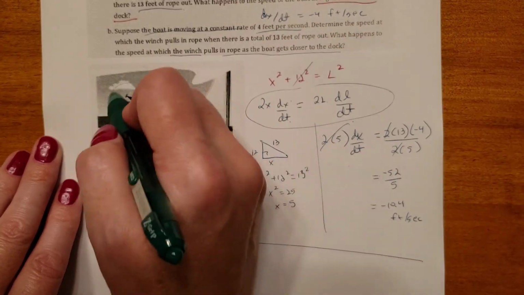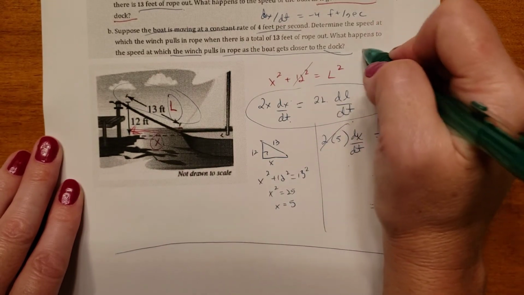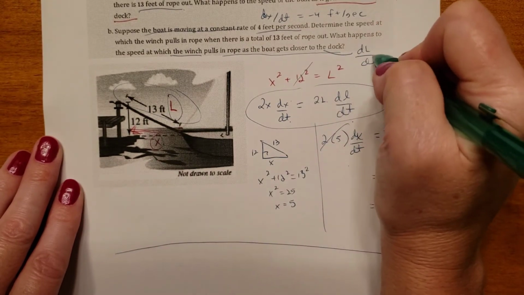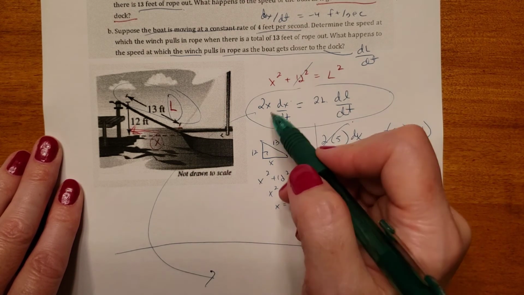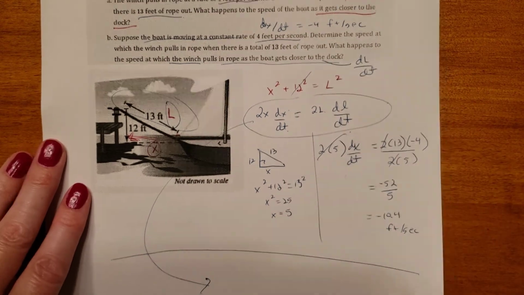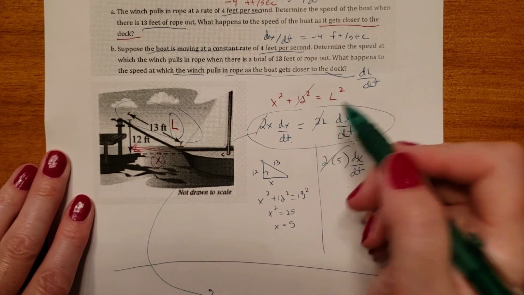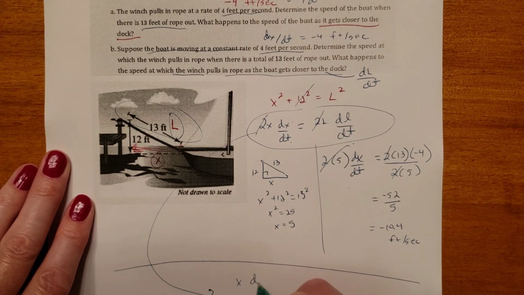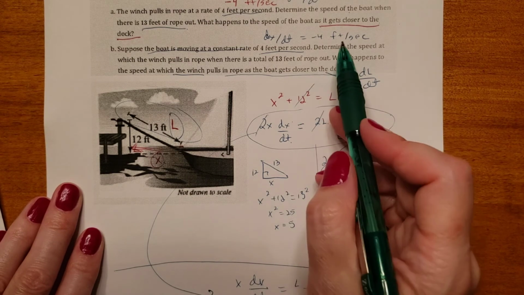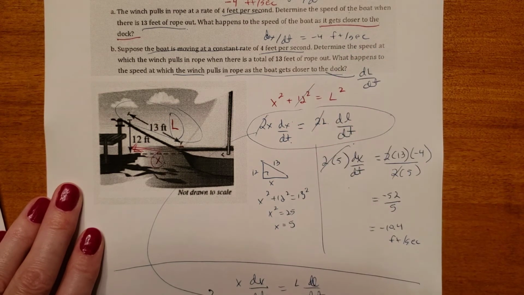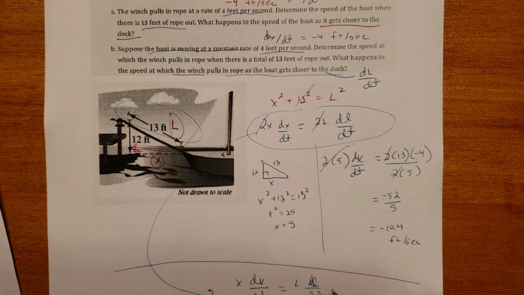So that's dl over dt. So we're trying to find dl over dt now. It's still the same equation here. I'm going to go ahead and cancel out the 2's because there's a 2 on both sides. So that leaves us then with x dx over dt equals L dl over dt. All right, so if the boat is moving negative 4 feet per second, so x times negative 4 equals, and if we had L, the length of it,